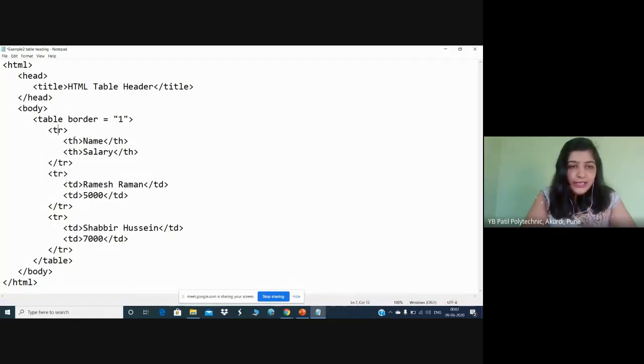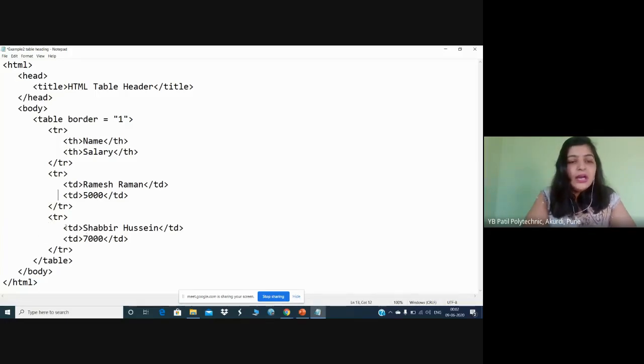See, here I have used two table heads, so automatically it will contain two columns. So I'm going to provide two data here, that is, in the second row the name should be displayed as Ramesh Raman and the data, that is his salary, should be displayed as 5,000. Here the second row ends and I'm going to start with the third row.